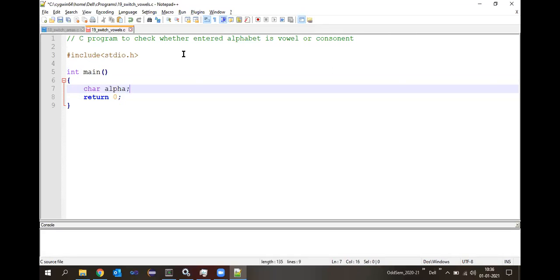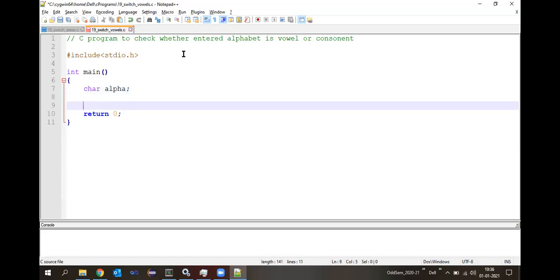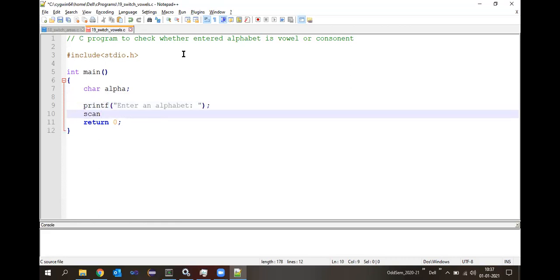Okay, then do we require any other variables here? Okay, as of now, let us go with only the one variable which we have taken. Now, next, what should be the statement? We have to ask the user to enter the corresponding letter, alphabet, right? So let us write a printf statement, printf, enter an alphabet. Okay, then read that particular alphabet, scanf,